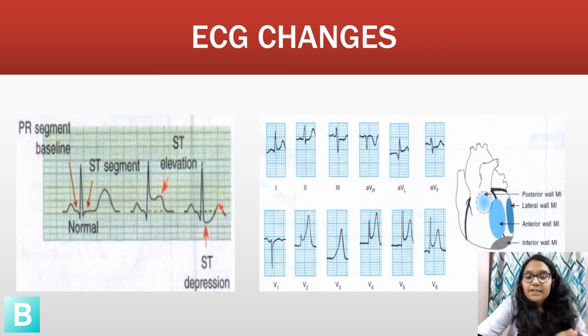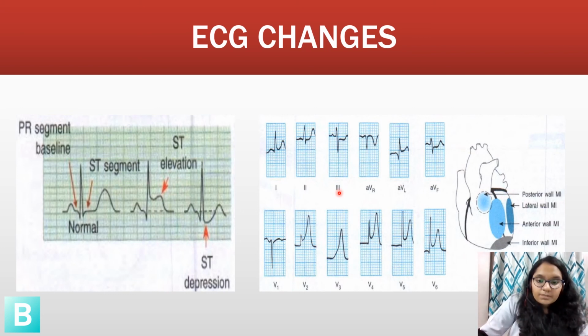Now, depending upon the region of the heart, whether it is the posterior wall, lateral wall, or anterior and inferior wall, we can divide myocardial infarction accordingly. Depending upon the region, the changes in the ECG leads are also different. This graph shows changes during the anterior wall myocardial infarction. The leads overlying the anterior wall will show ST elevation like this, while the leads reciprocal to it will show ST depression like this one in the lead V1.